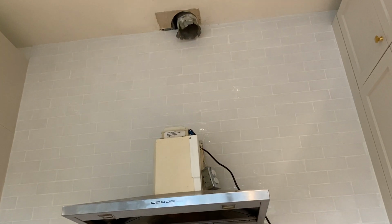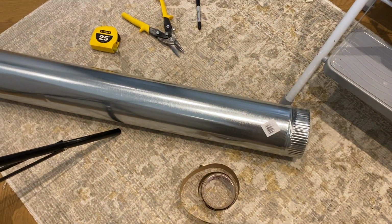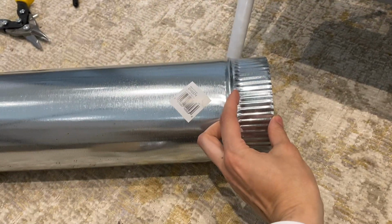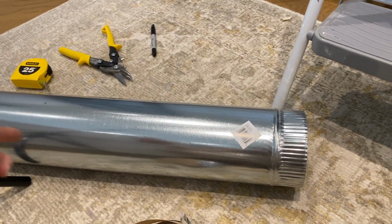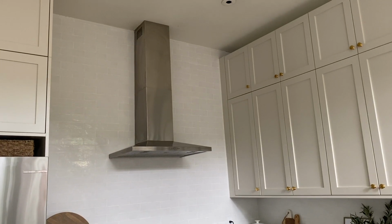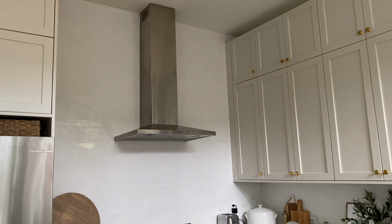So now I'm installing the metal ducting, and I've got it all here. I've got my snips, my metal tape stuff. So I'm gonna cut this to the length. I'm accounting for this sticking in a bit. So there's going to be like a little bit of an overlap on either side so that I have something to tape onto. Here is the range hood now that it is up,